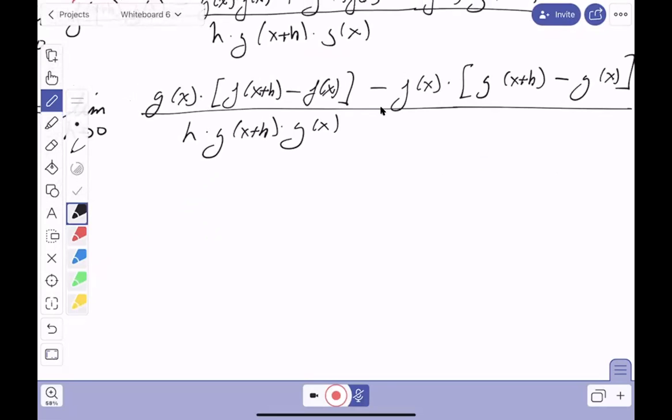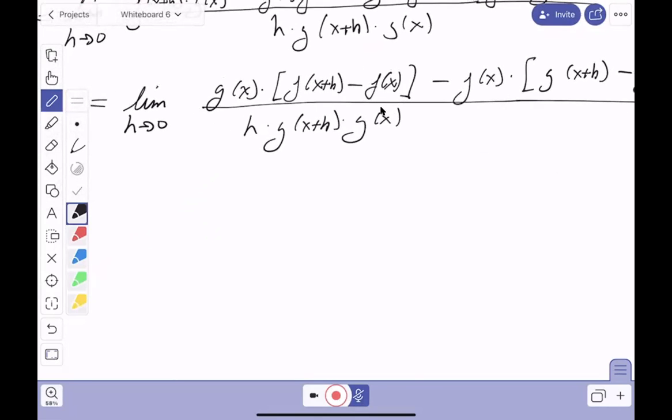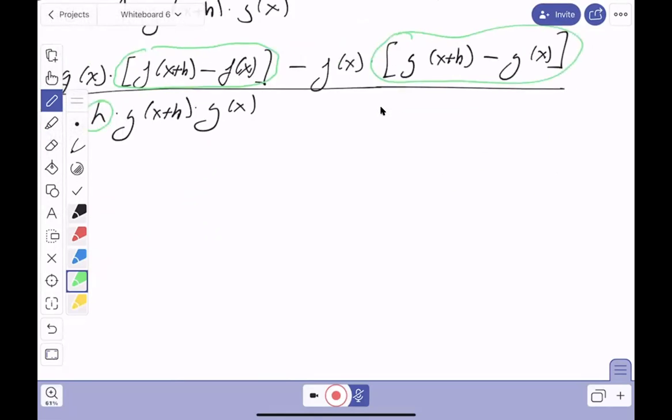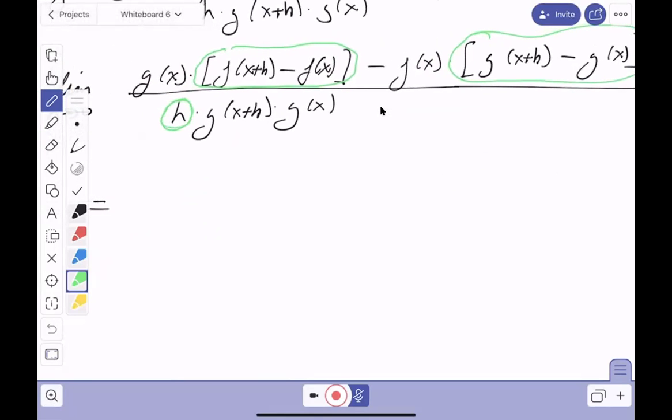And I've got to be honest with you, I'm not going to keep writing this thing over and over again. But what I'm going to do is focus in on what I'm really looking at, and I'm going to circle what I'm looking at. I'm looking at this, and this, and this, and this. So I think I can do this. And what am I going to get? g of x,